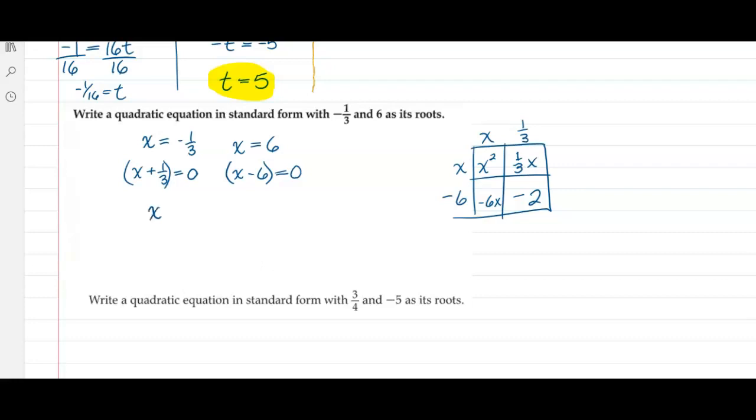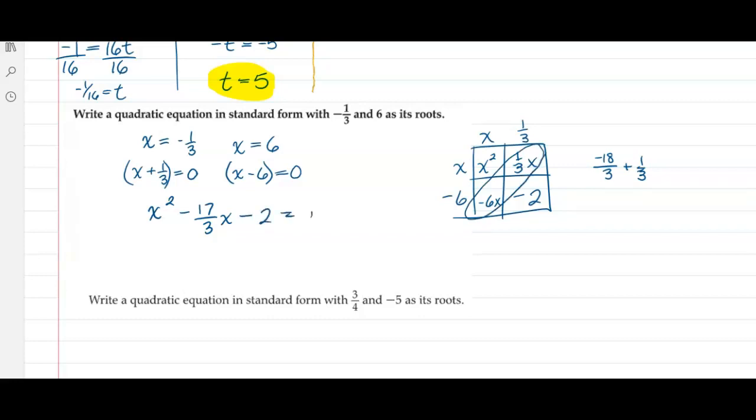So this gives me x squared. Negative 6x would be the same as negative 18/3 plus 1/3, just because I don't feel like switching to my calculator. It gives me negative 17/3 x when I put these two terms together,